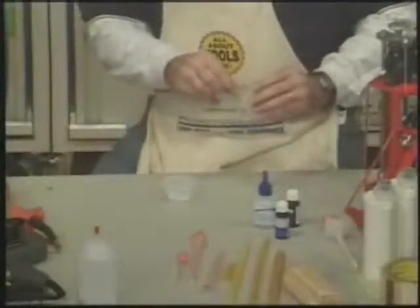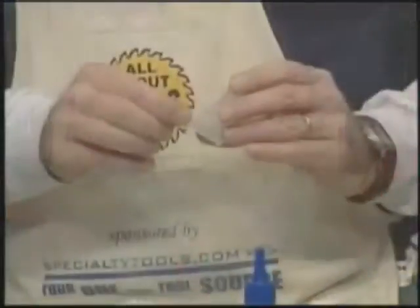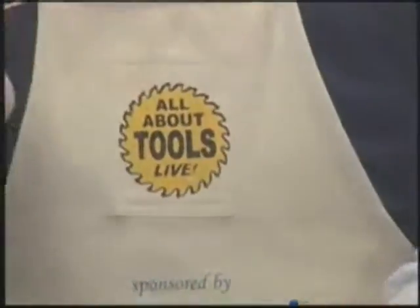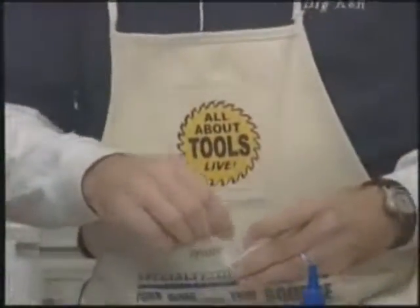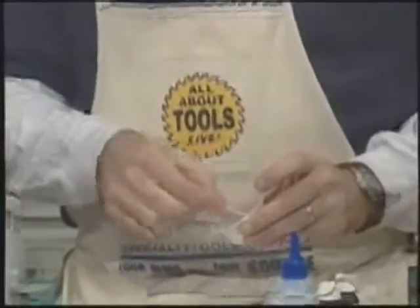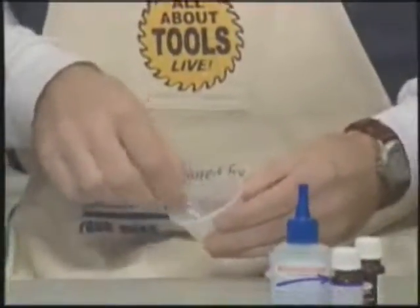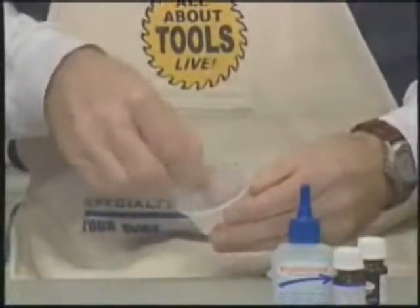But by the same principle, I've got just a little bit of red pigment on here, and I can add this to joint adhesive. Look at that. You just had a little dab on there. Just the very end of the